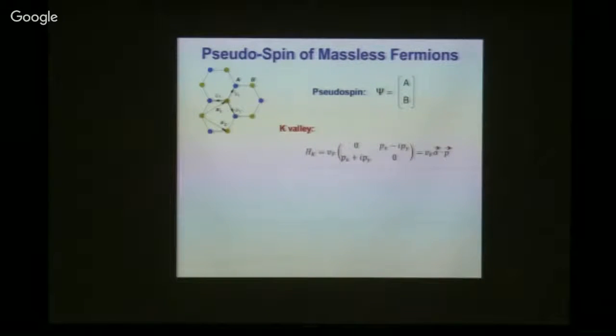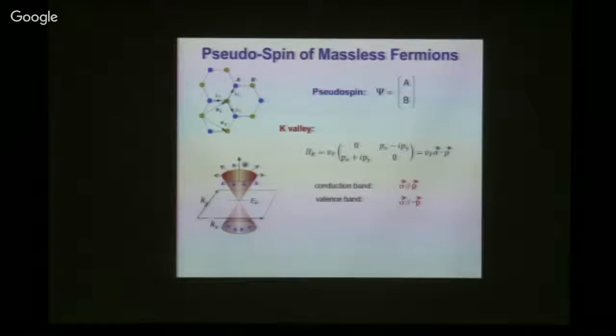So now we can get the dispersion relation of the system directly by asking what are the eigenenergies for a given momentum. So here you can see the momentum kind of plays the role of magnetic field. So the eigenenergy corresponds to pseudo-spin parallel or anti-parallel to the momentum. And that really gives us the conduction and the valence band. So for a given momentum, you have an electron that has pseudo-spin parallel to the momentum. That's the high energy state or conduction band, or an electron that's anti-parallel to momentum, that's valence band.